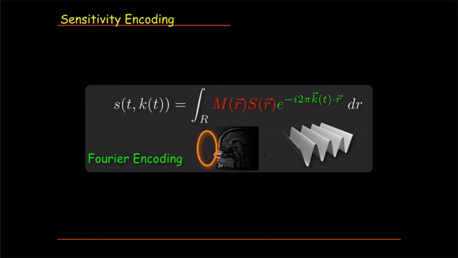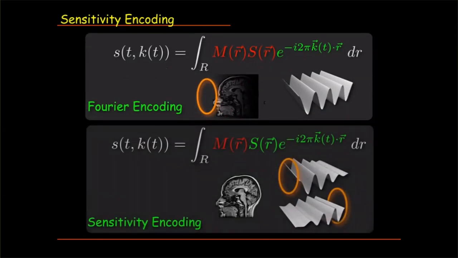Now I'm going to flip it around. What I'm going to do is look at a different situation. The different situation is that now the unknown is actually the unweighted image, and my encoding functions are weighted complex harmonics. So in this case, when I have, let's say, 2 coils, the encoding function for the left coil is